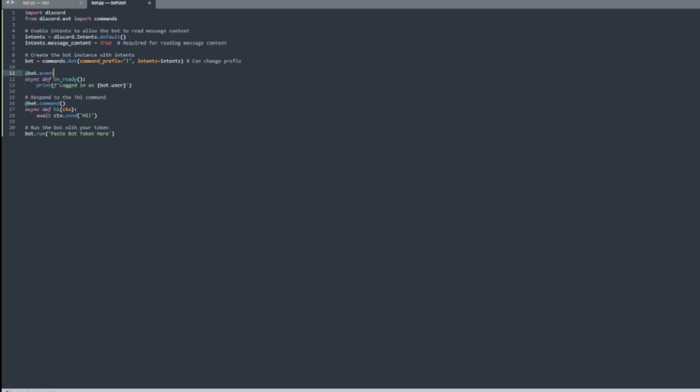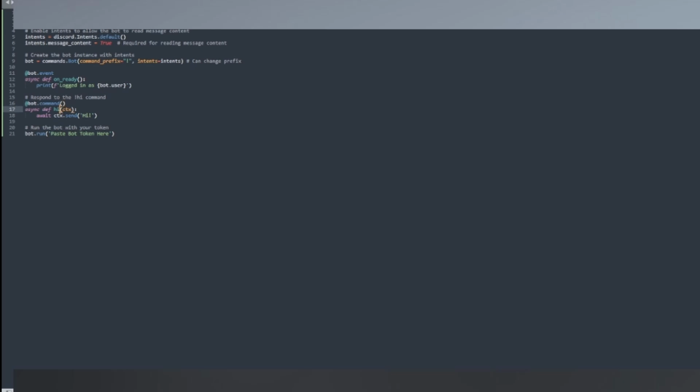Anyways, moving on, we have the bot event, which is basically when it loads up, it will print to text saying that the bot has been logged in. And then you've got the command, which is basically hi. So for me, I can add more bot commands by just doing @bot.command and then parentheses and then async def and then name the command, which I'm going to name ping,